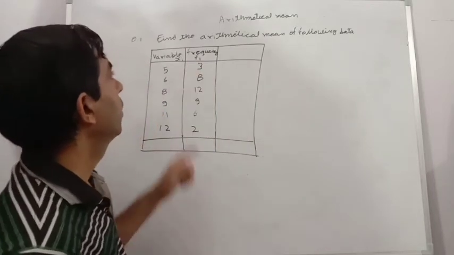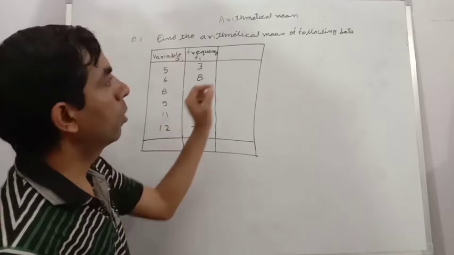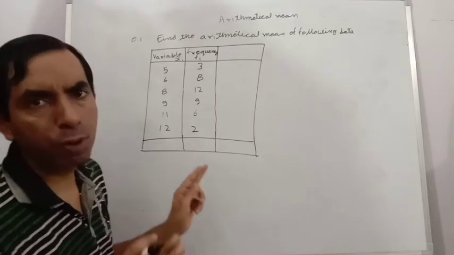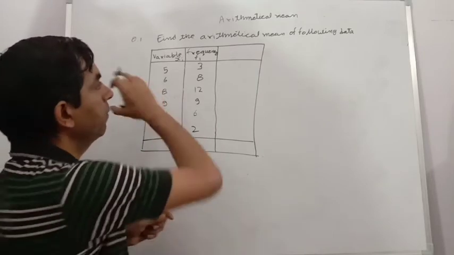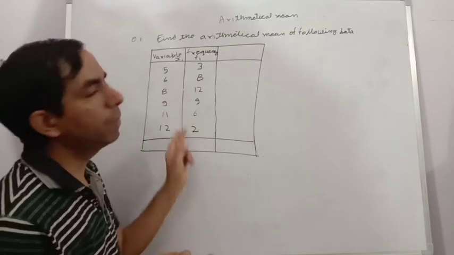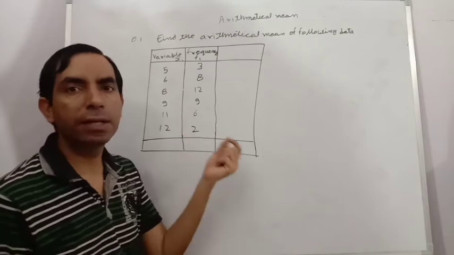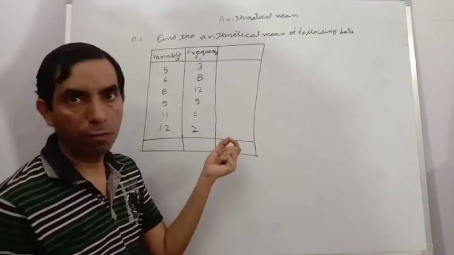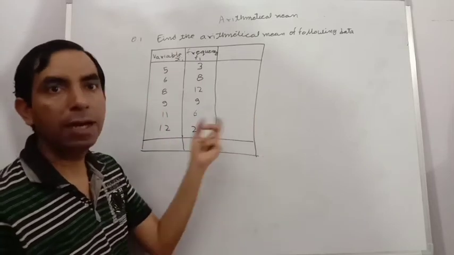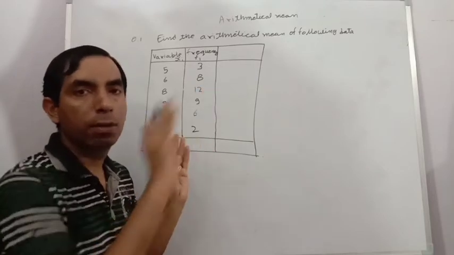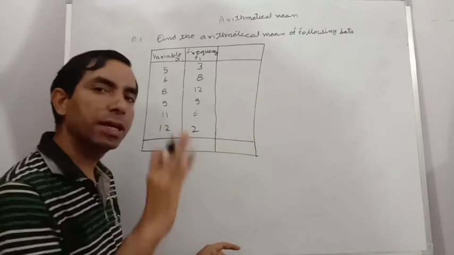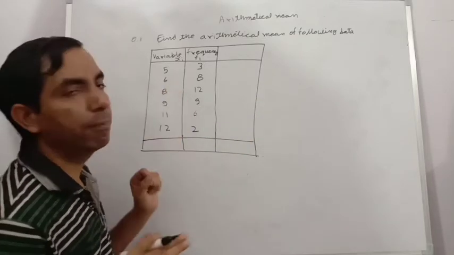Here it is given: find the arithmetical mean of the following data. Here the data are given in a table. Generally in examinations and in any book, these tables are given left to right. We can also make that type of table, but by this method the calculation and understanding are improved, and generally all students learn with this type of table. But if you want to make the table left to right, that is also right. So today we learn by this method.